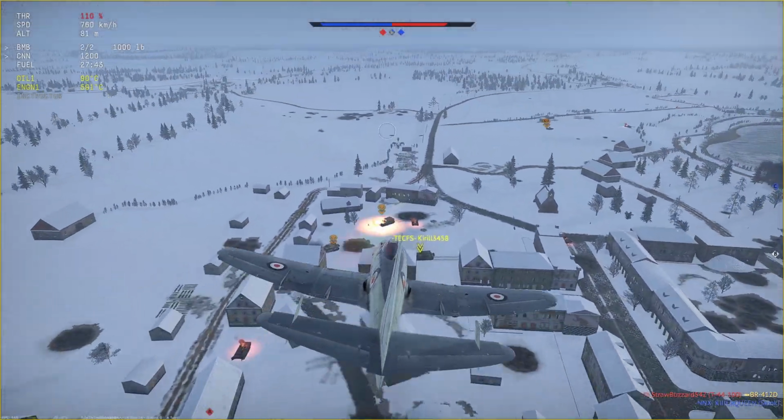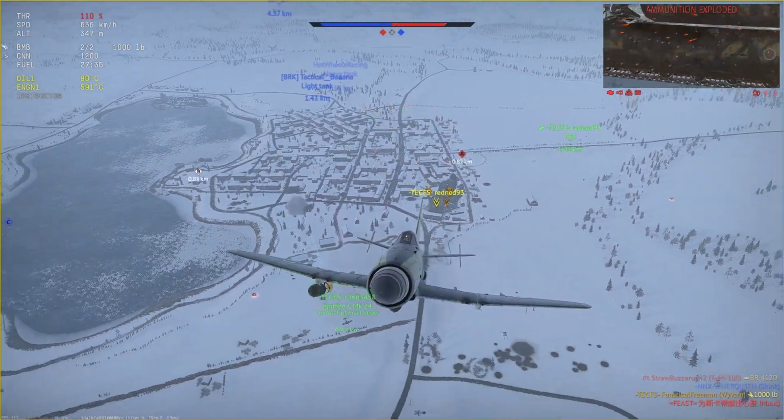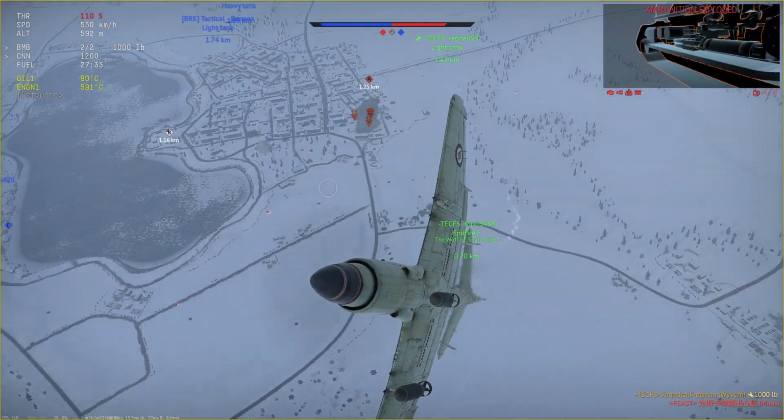Is this a good dogfighter, Freeman? No. The Wyvern is not a good dogfighter. It's strictly a CAS plane. So yeah, that's all I want to say about this